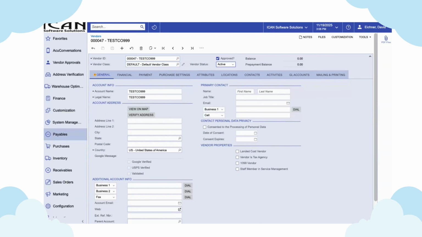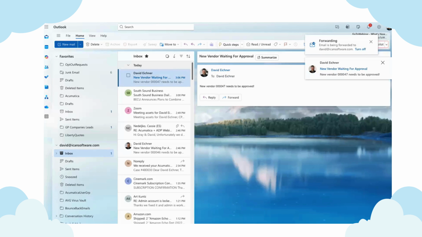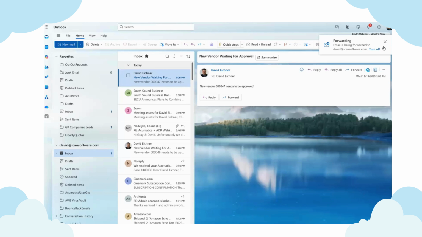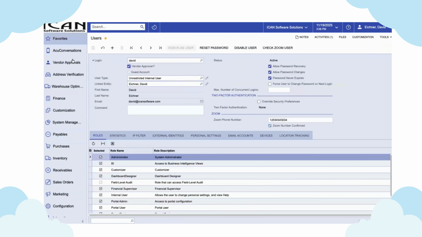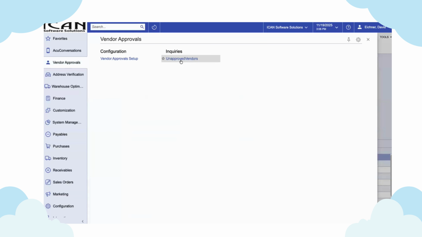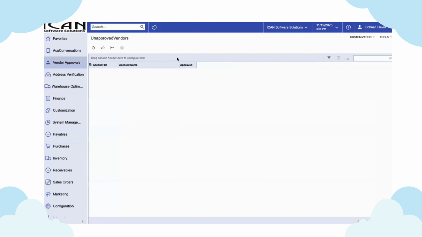Here we can see the email has come in. And if I double click on that email, it'll tell me that the vendor ID here needs to be approved. And that would be the thing that I could go up to our vendor approvals unapproved and find. Now, since I've already checked it, it'll no longer be on the list here. But now we have an official way of controlling who creates vendors and preventing any use of that vendor until